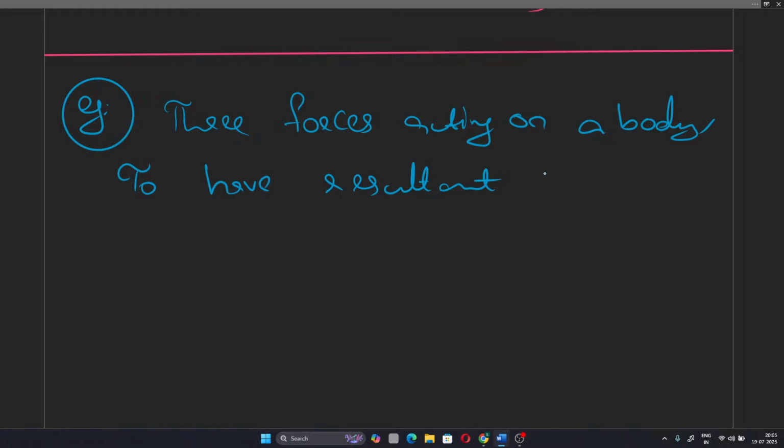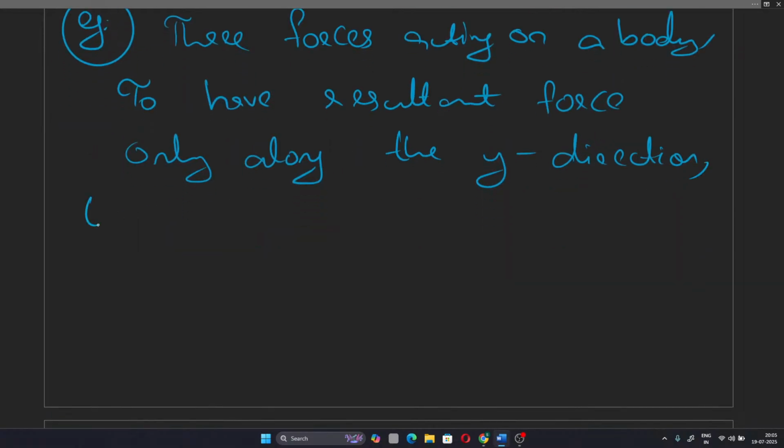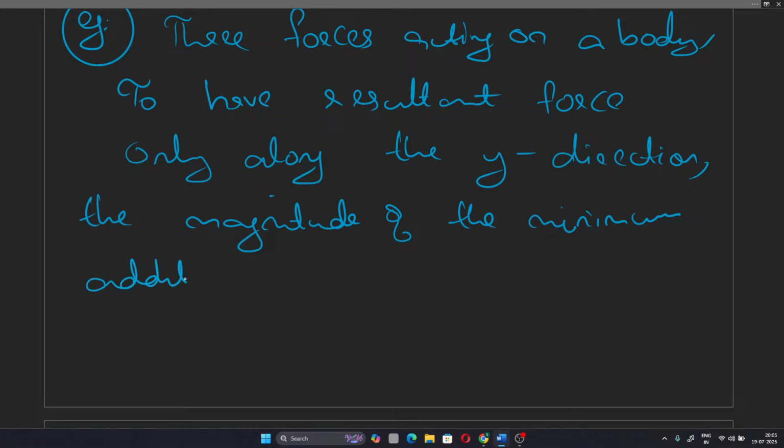For the resultant force to be only along the y direction, the magnitude of the minimum additional force needed is, the diagram is,